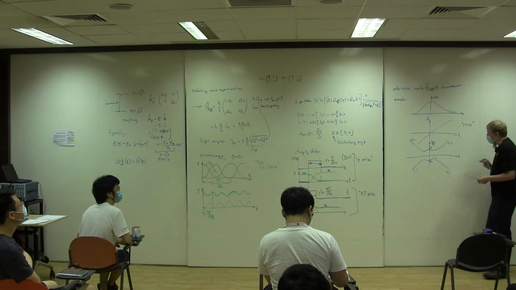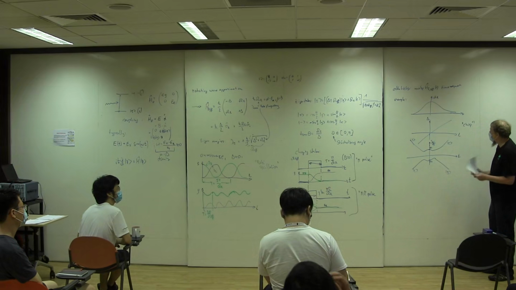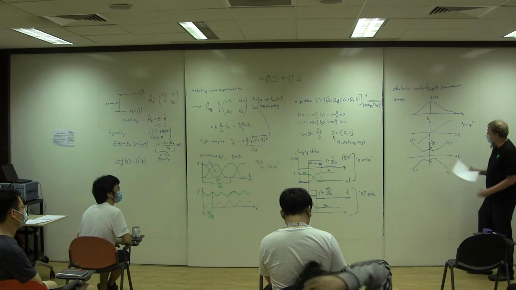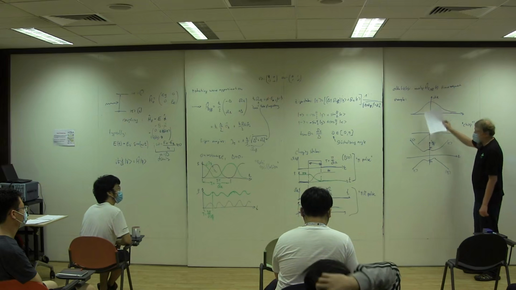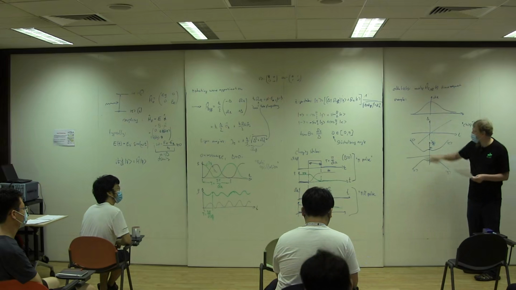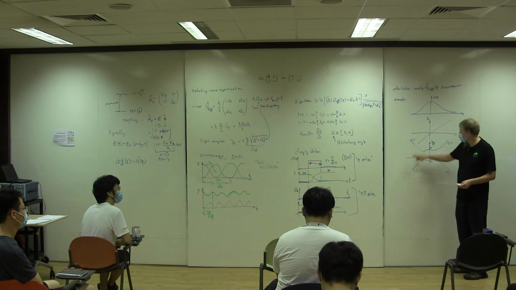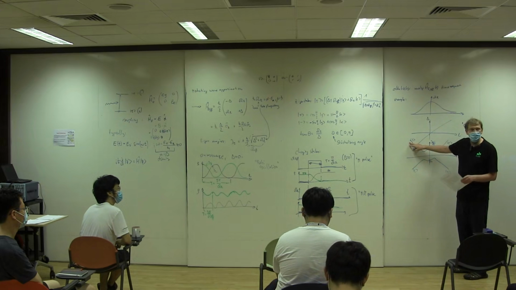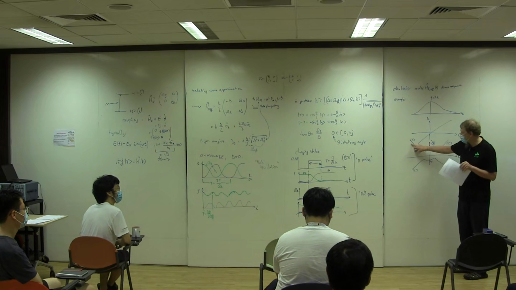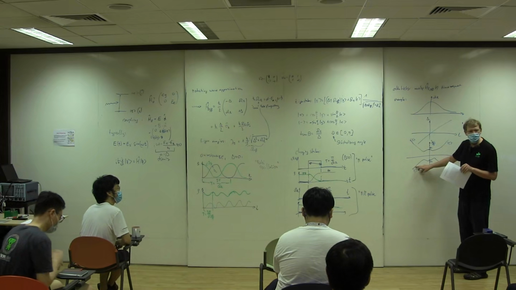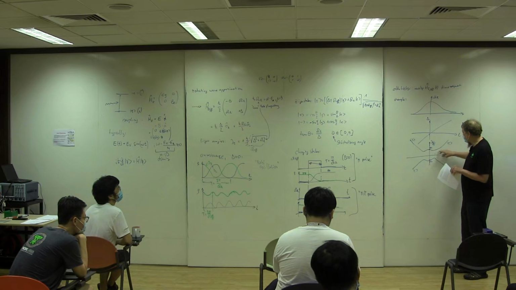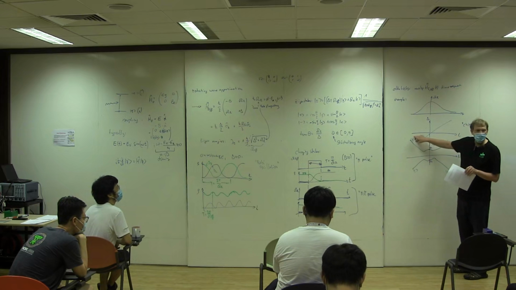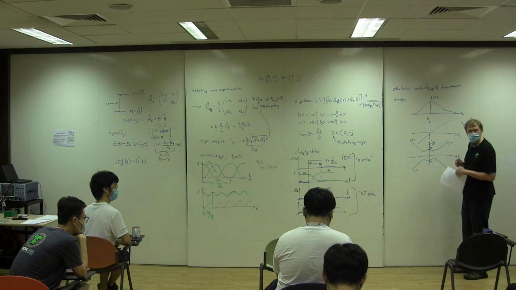Okay, so now the trick of an adiabatic transfer is you change these parameters slowly enough that if a system is either in the ground state or excited state, it always likes to stay in this local energy eigenstate. If you change it slowly enough, then you won't find transitions to the other branch. You just adiabatically follow that curve here, and you adiabatically transform from ground state to an excited state,